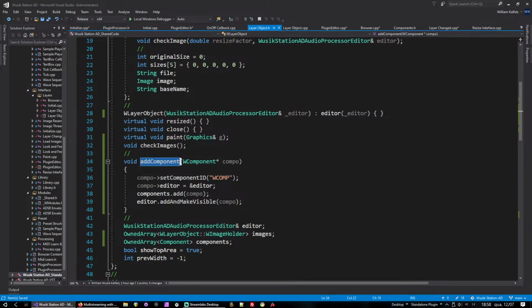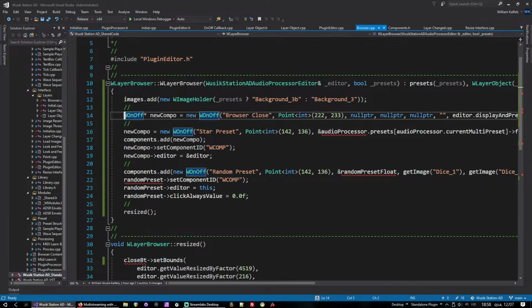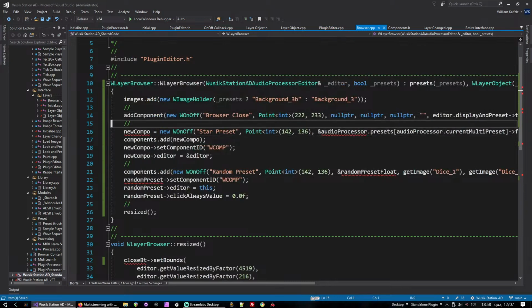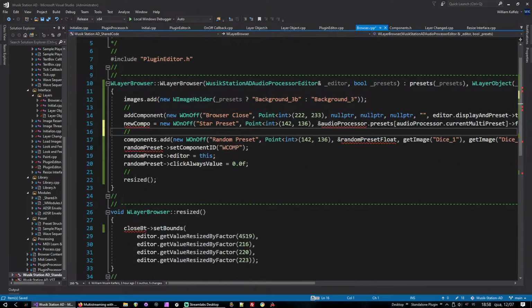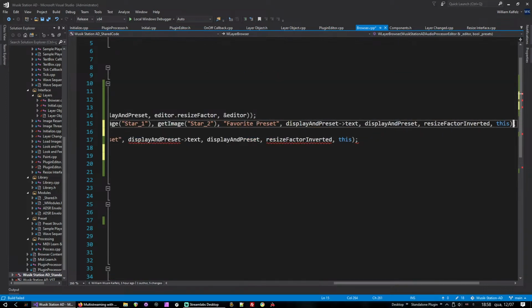So it should work a bit better. Then you can just go like that, and it does everything I need. And I don't have to worry about this. So add component,